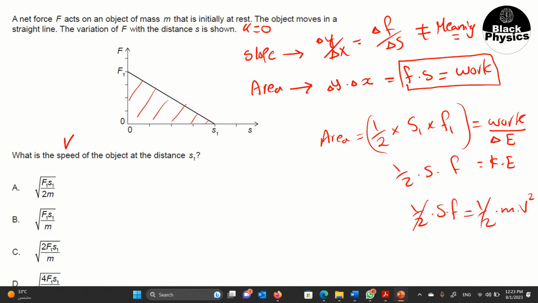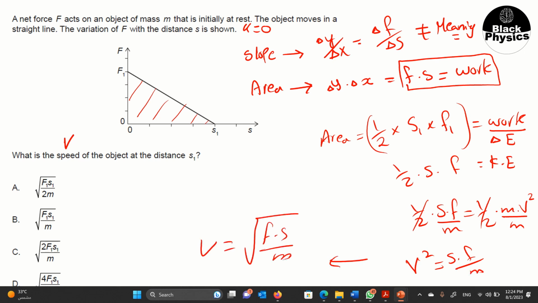Of course, half will be cancelled with half, and m will go to the other side, or we can divide both sides by m. So it will be v squared equals sF over m. That will give me velocity equals the square root of Fs over m, which is choice